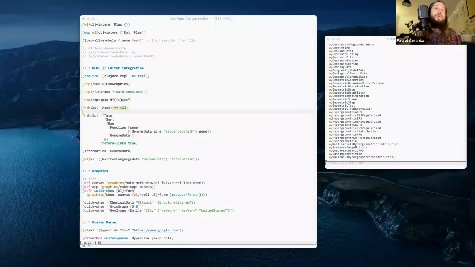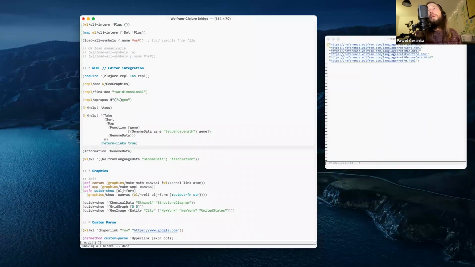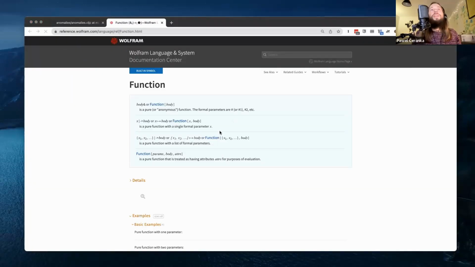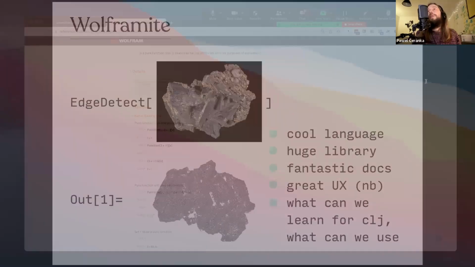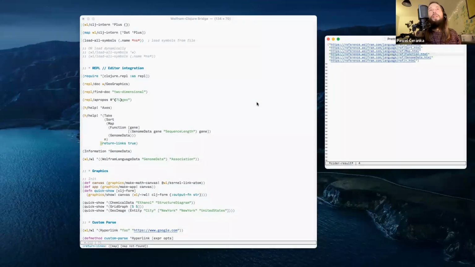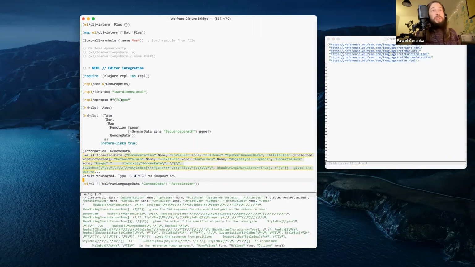Sometimes you have a long Wolfram language expression that's represented as a Clojure form. You can use this option to return the links and click around and learn about all those things, and use some facilities built into Wolfram language.